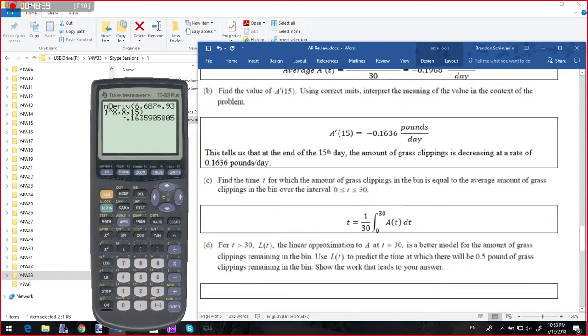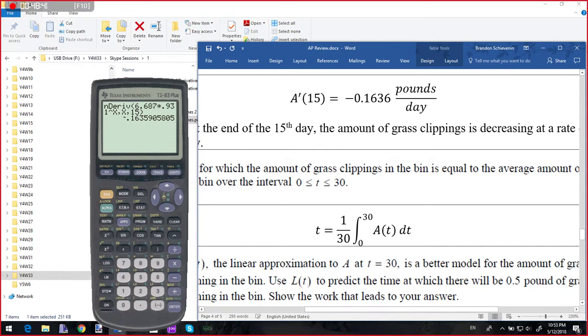So this is what we need to solve for. This integral from 0 to 30 of A of t times 1 over 30 is just a decimal answer, right? Mm-hmm. So I should be able to just integrate this directly, get my decimal answer, and then say that that's equal to